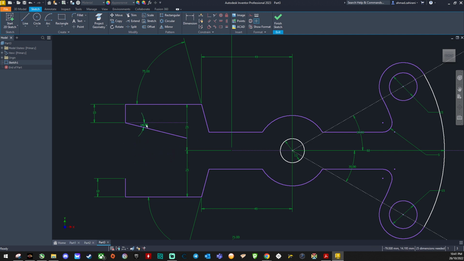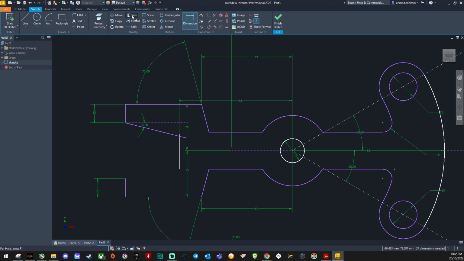Now you have the line going over here at that angle. Then you have the line, just place it here first, and using the dimension function, we're going to place the line at the correct position. Distance should be